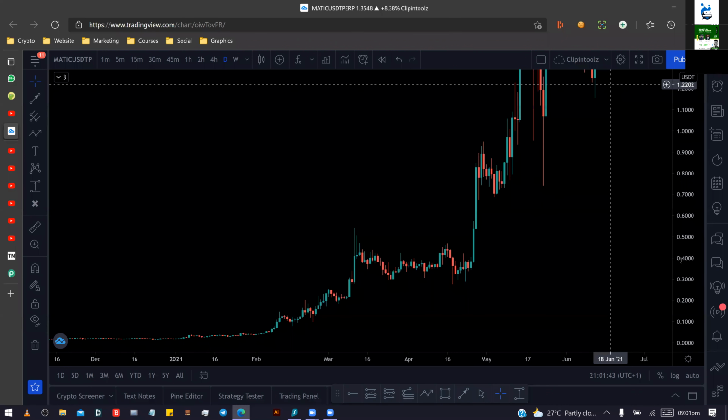So sometimes when I come to the group and say, okay, Matic has touched, it bounced off the 25-day moving average, that means 25-day moving average. Select your time frame daily. Because I said 25-day, select your time frame to be daily. You now add 25-day moving average. So this one is 25-day, as you can see. I added 25-day here. 25. So if I say Matic has bounced off the 25-day exponential moving average,